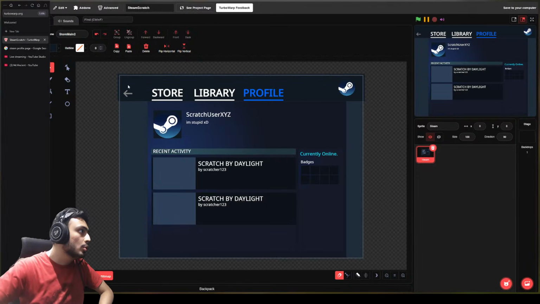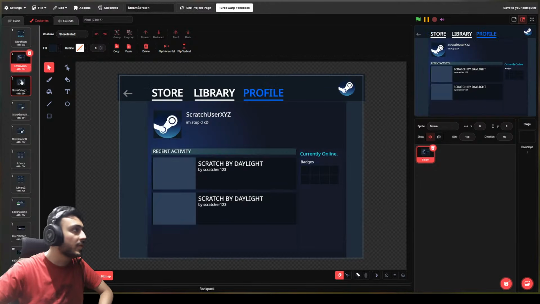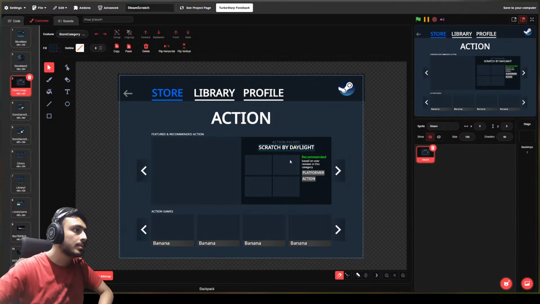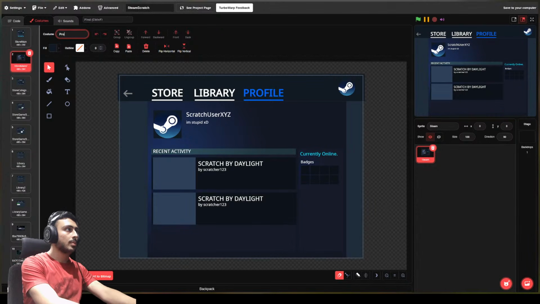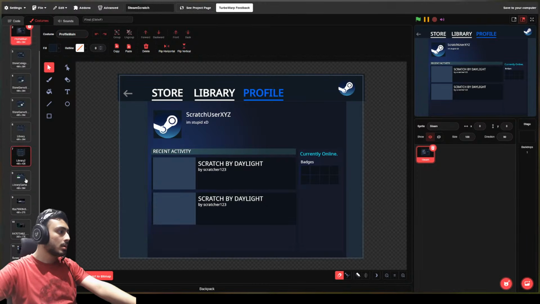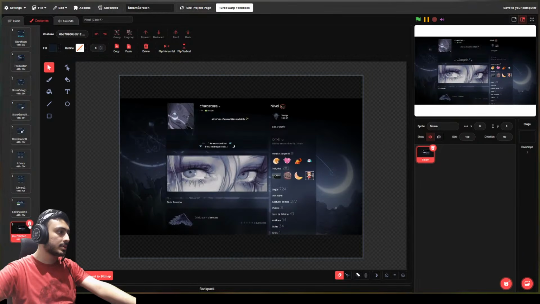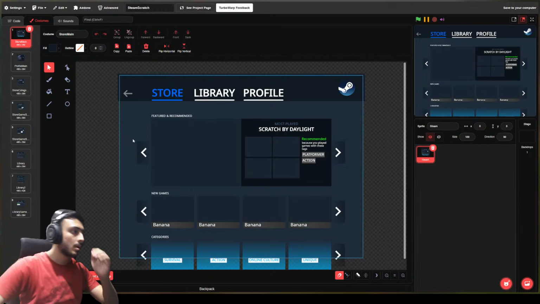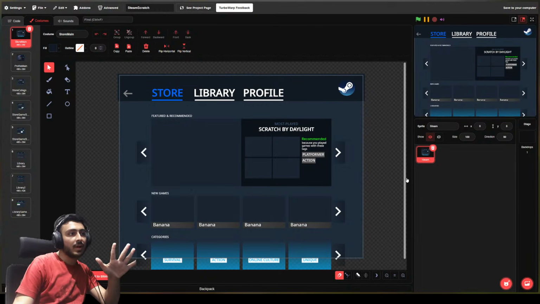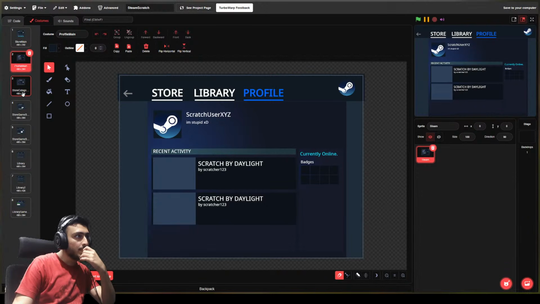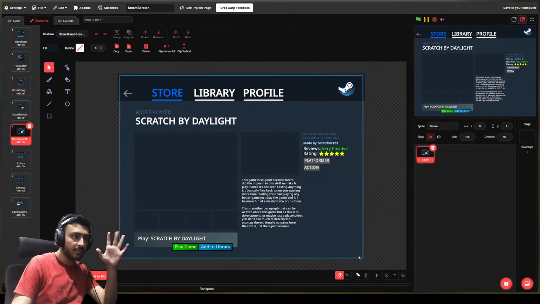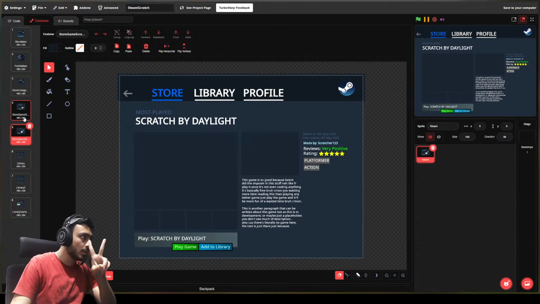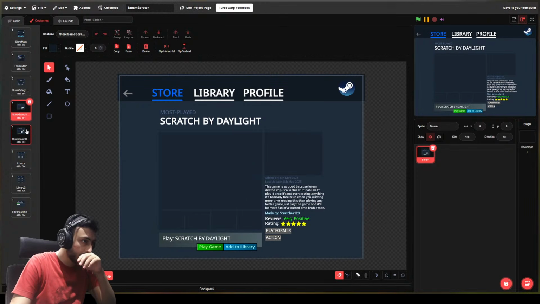Okay, so what's the time? We have half an hour more, so we can start coding. Let's name this profile main. Let me delete all this crap. What else do we have left? I don't think we have anything left for pages. We have the profile page, we have the store page, store pages in fact. Also I have this 2-page layout, or we can say 2 layouts for the same page.